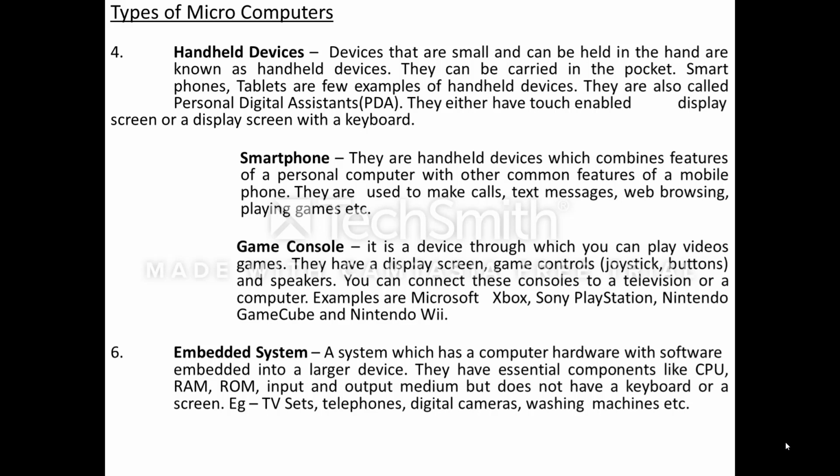Now there is a small chip embedded inside that machine. That chip is taking all the instructions that you are providing through that keyboard, that is, through the panel that is on top of the machine, right? After taking the instructions from you, that chip is making that washing machine execute the instructions which you have provided. So that small, tiny chip is making a big machine execute the task that you have given to the chip, right? So this is an example of an embedded system.